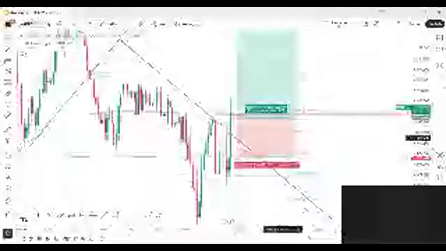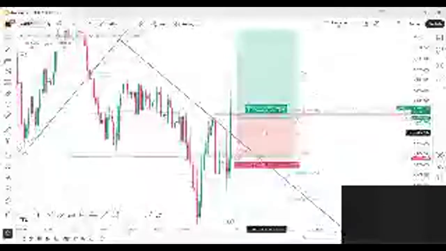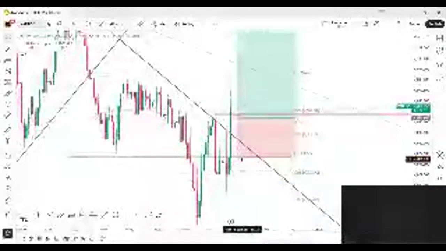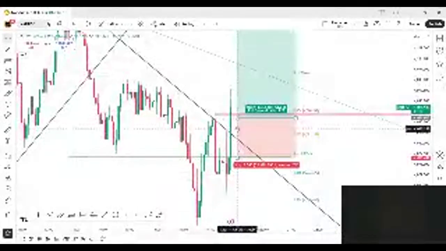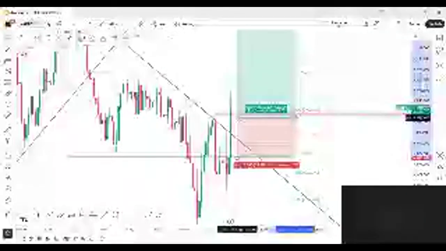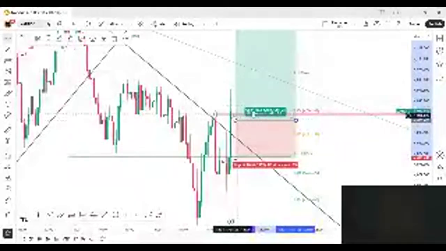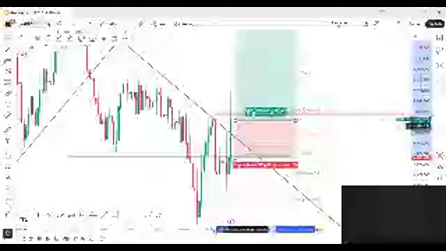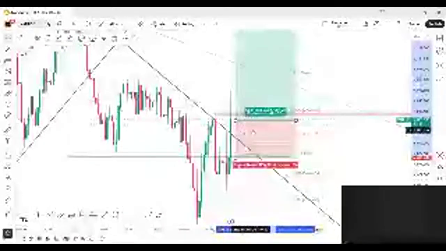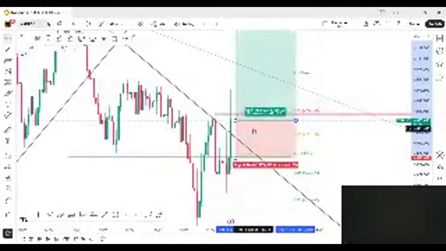This is not a trade, guys. I'm just marking this zone area in order to understand our risk and reward ratio. That's it. Because if the market again falls downside and gives us a closing below, and we see there is no potential of moving upside, then we can look for a further sell position.